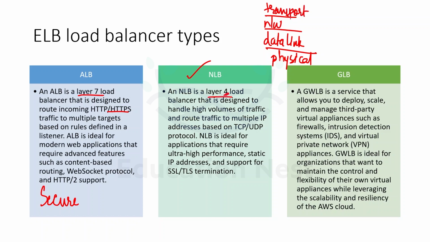And NLB works at layer 4, that is our transport layer. The transport layer is responsible for establishing reliable end-to-end communication between two devices using protocols such as Transmission Control Protocol or TCP, or we can have UDP as well. It ensures that packets are correctly delivered in order without loss or duplication. So NLB works here. On top of the transport layer, I don't have any space here, so I'm just putting it right over here,